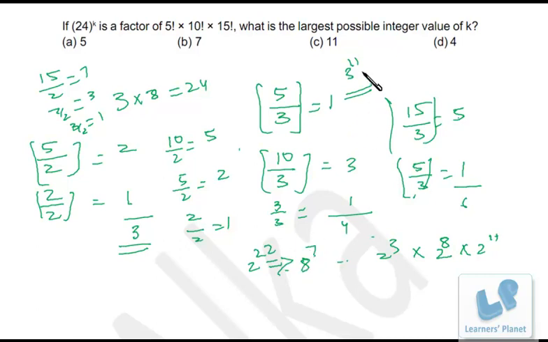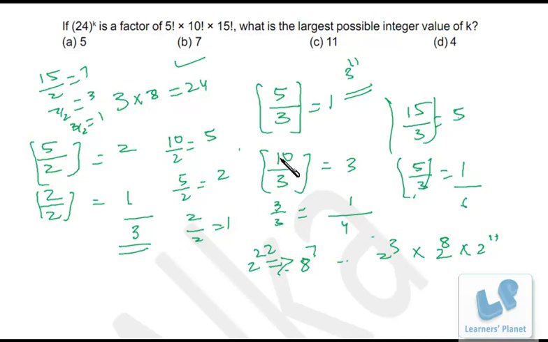And the highest power of 3 that we are getting is 11. But the combinations will be formed by 3 and 8 common power, right? Because we are interested in only 7 3's, right? Extra 3's are not at all required to produce 24, right? So 3 raised to 7 into 8 raised to 7. That means what is happening over here? Maximum what you can get is 24 raised to 7. That means the maximum value of k is 7, right?